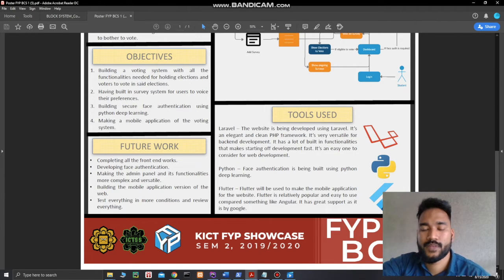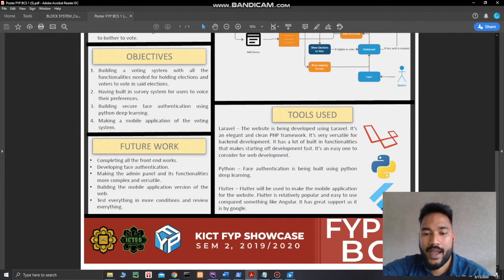Assalamu alaikum, my name is PM Imrul Hassan. I will start with the tools we used for our project. We basically use three main tools: Laravel, Python, and Flutter. By using Laravel, we developed the web version of our system, the SRC voting system, which includes admin panels and student panels. We are also using Laravel to develop our API, which we will use for our mobile version.